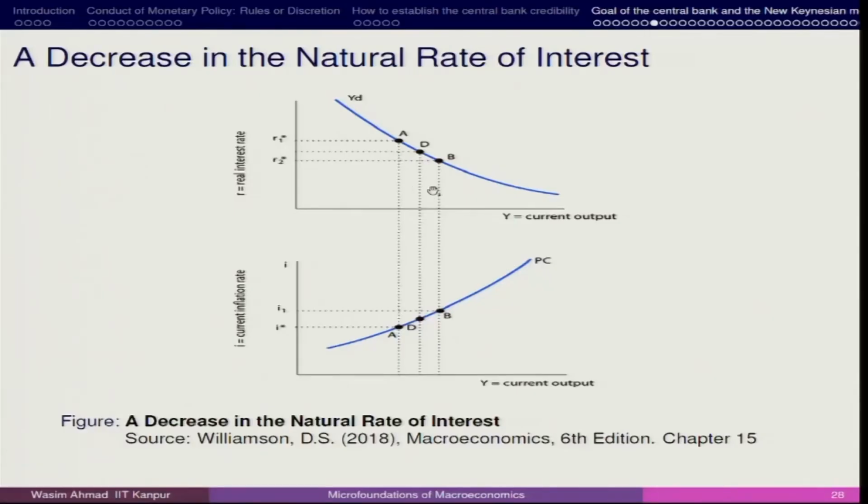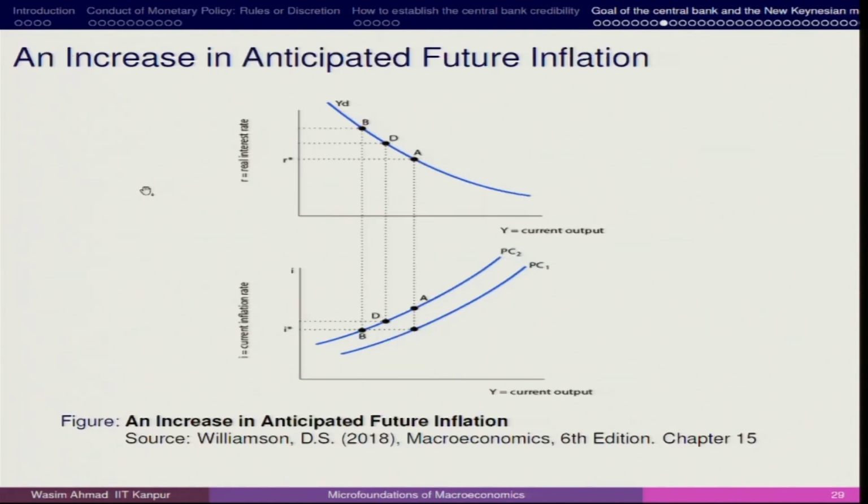When the central bank targets minimizing the output gap, here we have an output gap of this much. Instead of minimizing all of the output gap, the central bank can create a midway through which it can adjust the inflation and also adjust the real rate of interest. So, this is one condition under which we try to operate.